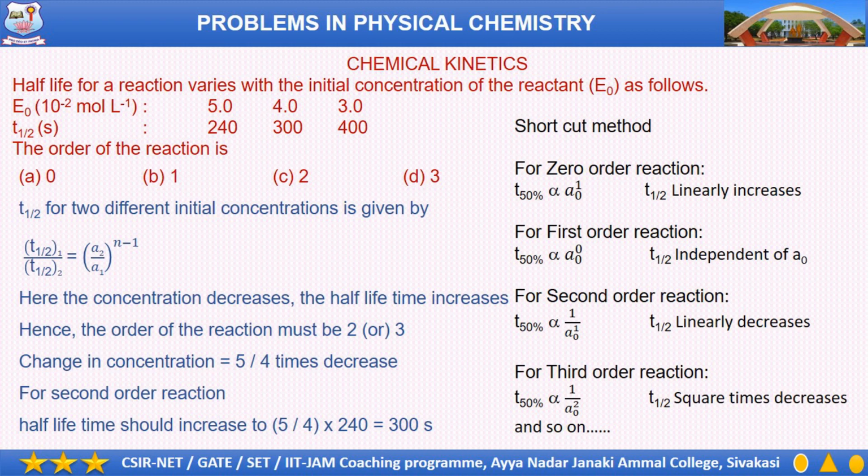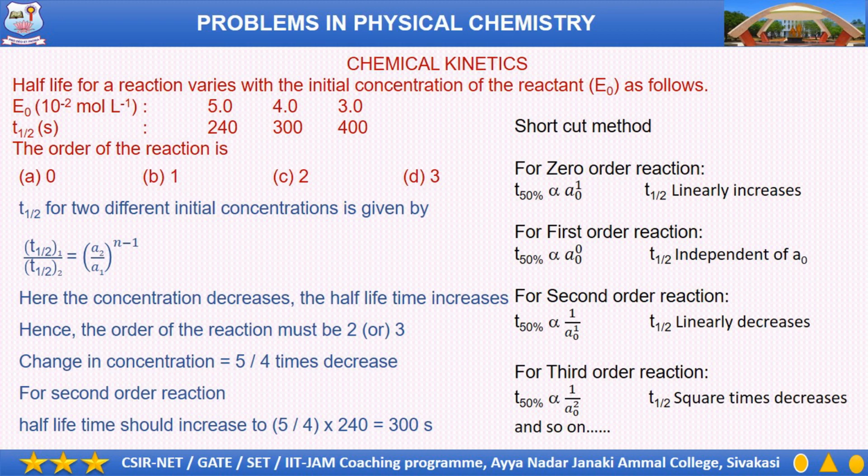Initial concentration 5 gives T half 240, and the T half is 300 when the concentration is 4. Then what is the n? That is one way you can get the answer. That is the procedure. And for the CSIR examination, just apply your mental sum work, for which we have given